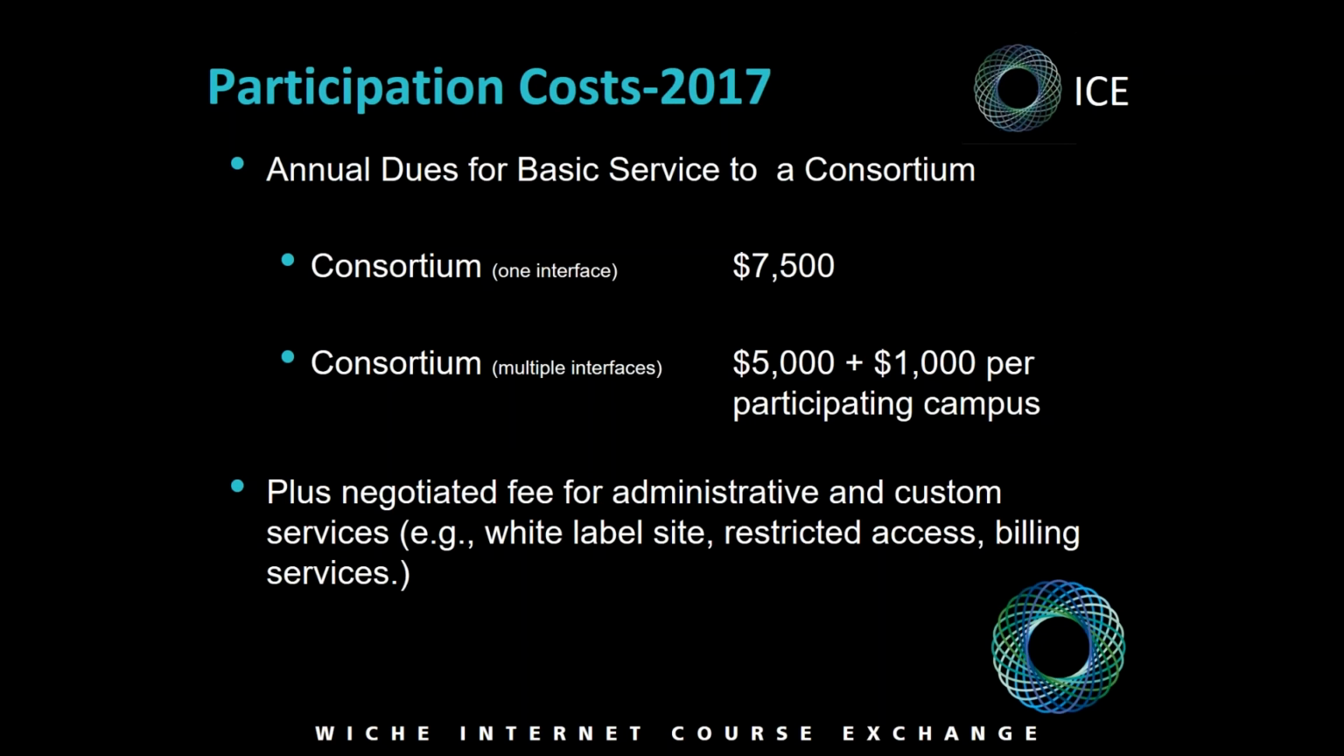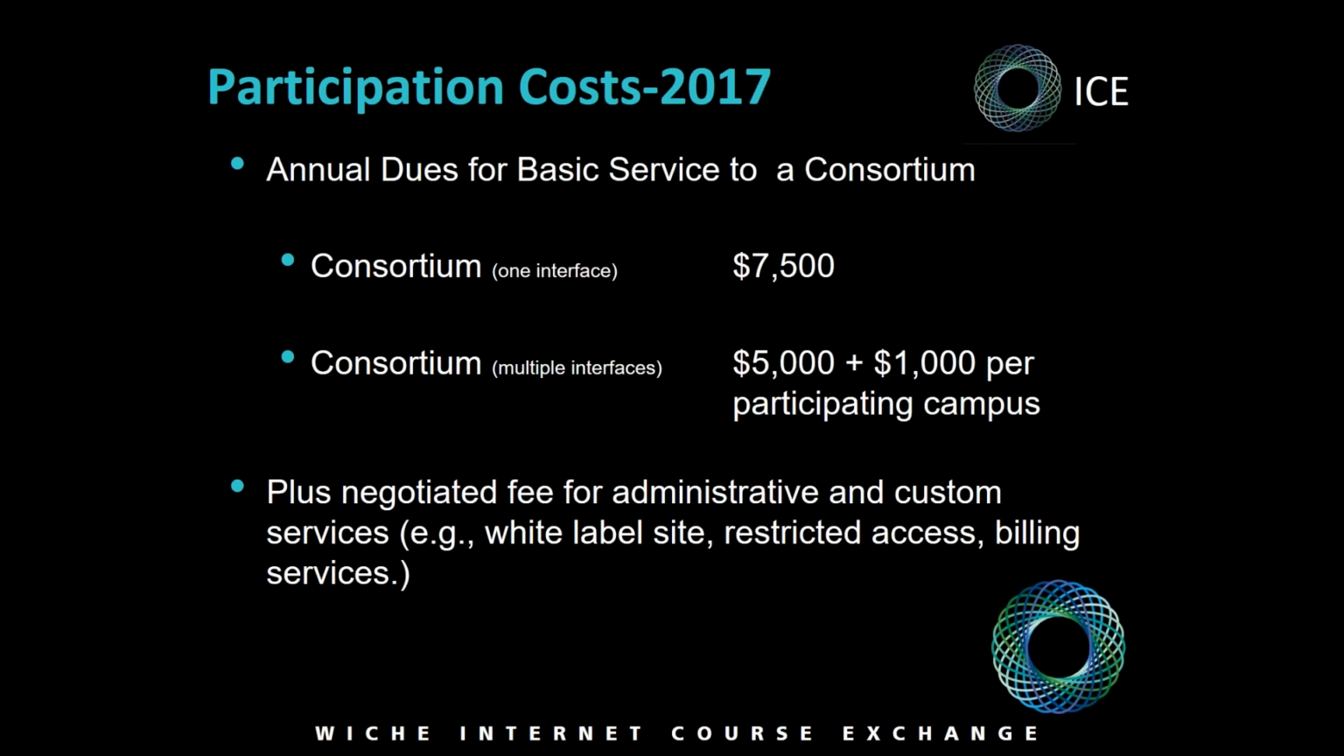So there's that basic dues cost, which is an annual cost, and then there is a fee for administrative services, and that can vary depending upon what services you choose to have. So if you want your site white labeled so it looks like Arkansas's Exchange, which is sort of, if you go to the Nexus site, it looks like a Nexus Exchange, you'll see in small font somewhere, powered by WICHE ICE, but otherwise you don't know it's a WICHE ICE product. Or if you want us to do billing services or other kinds of services, create some custom reports or something like that,